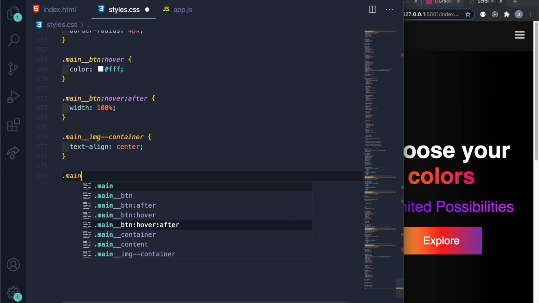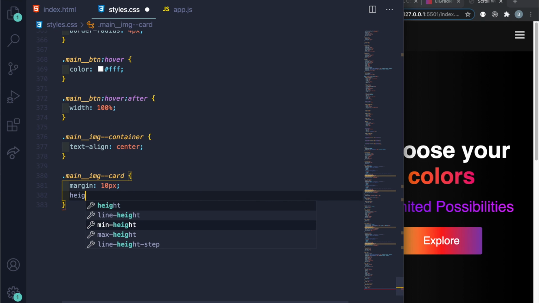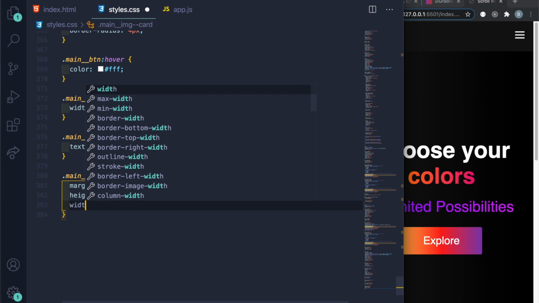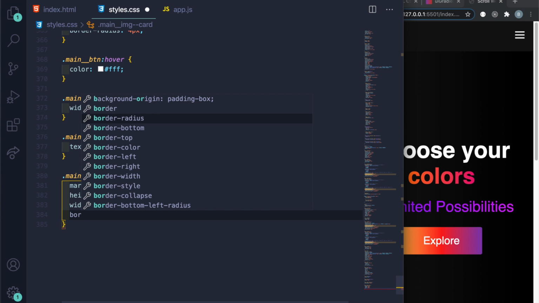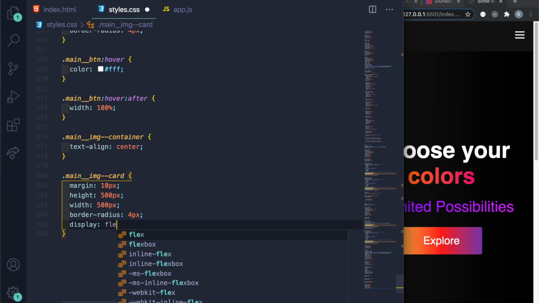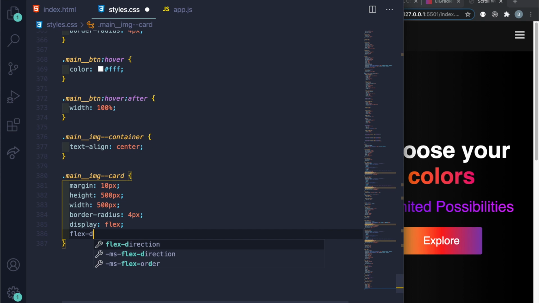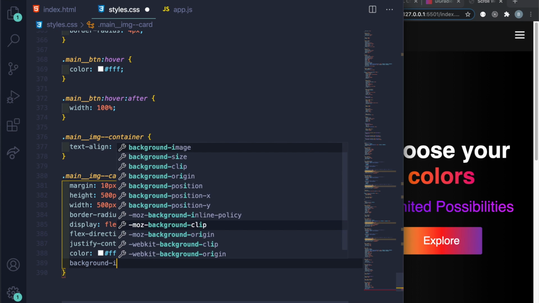And let's do .main__img--card. Want the margin to be 10 pixels. Want the height to be 500 pixels. Width to be 500 pixels. Border radius to be 4 pixels. Let's do display flex, direction column. Let's do justify content center, and then color hashtag FFF, and then let's set the background-image to just